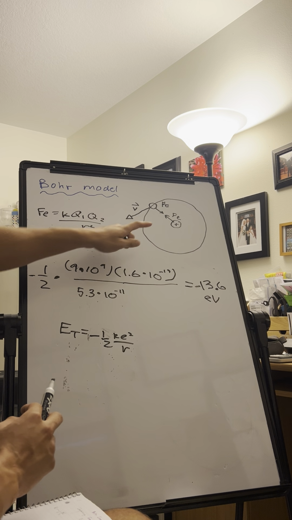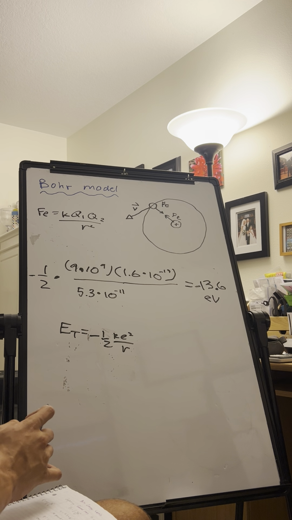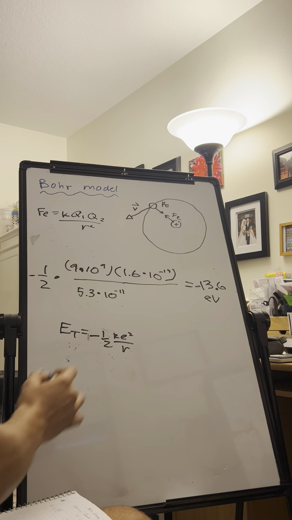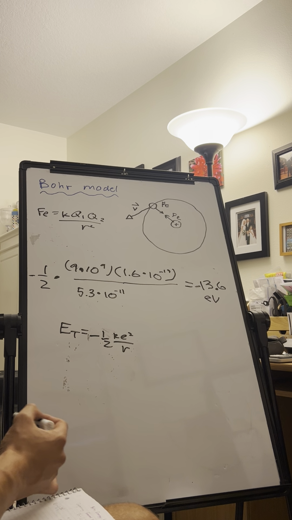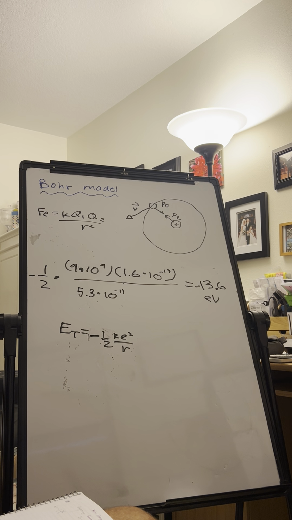So, as the excited state increases, the radius will increase, and you can input that radius here, and then the energy will be equal. However, we can make this equation a little bit more clean, because